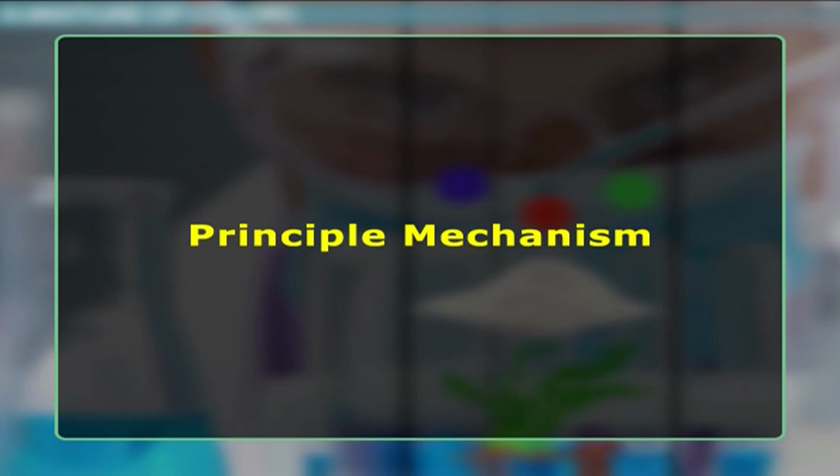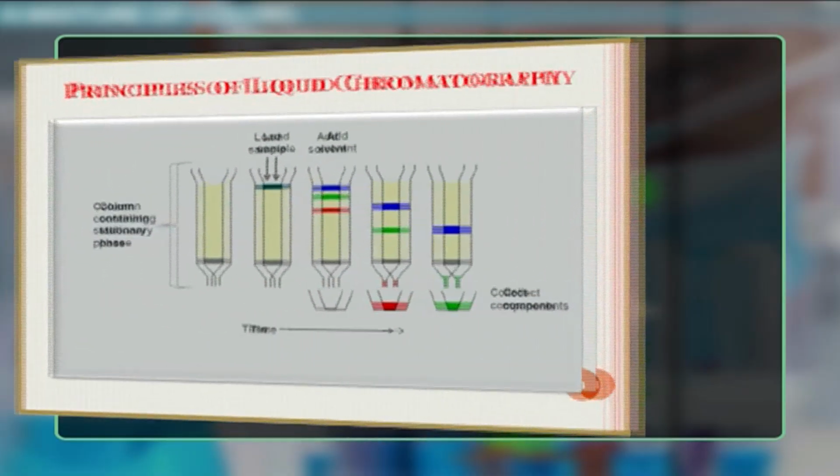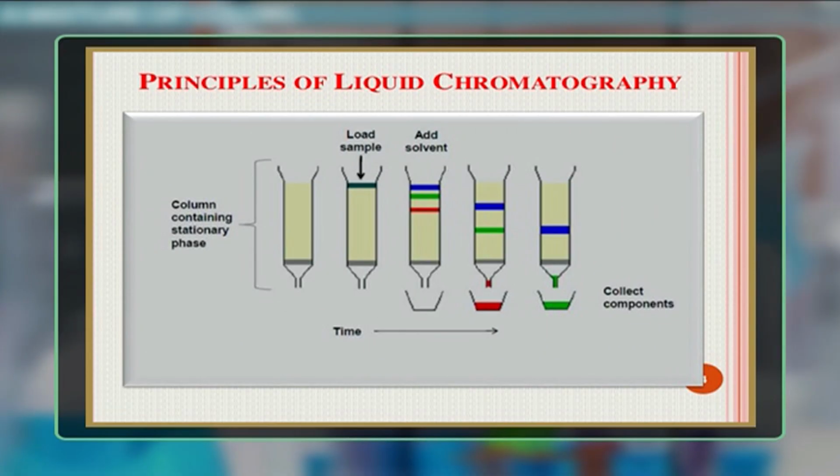Principal mechanism: ion exchange chromatography, which is designed specifically for the separation of differently charged or ionizable compounds, comprises mobile and stationary phases similar to other forms of column-based liquid chromatography techniques. The mobile phase consists of an aqueous buffer system into which the mixture to be resolved is introduced. The stationary phase is usually made from an inert organic matrix, chemically derivatized with ionizable functional groups, fixed ions, which carry displaceable